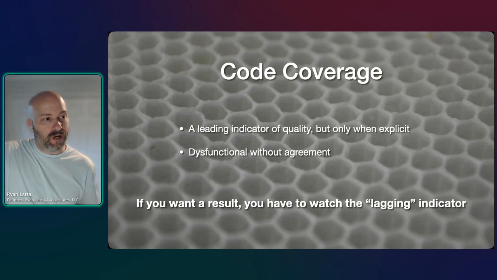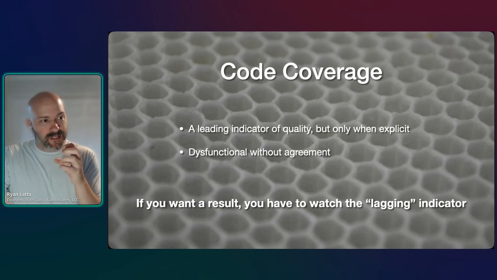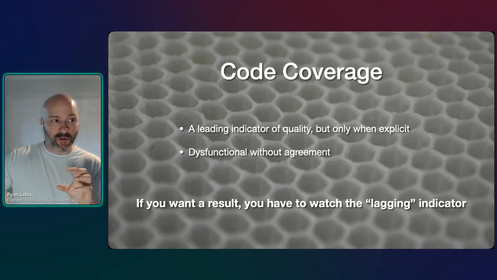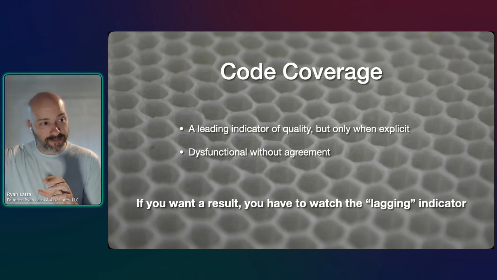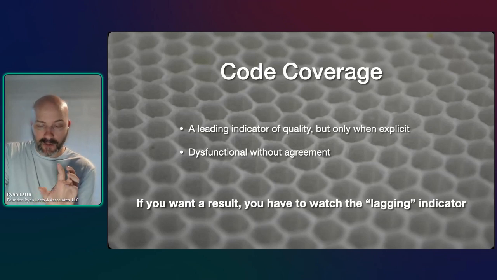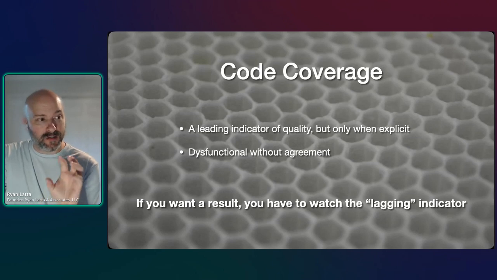What happens with code coverage over and over and over again is that code coverage is treated as a sort of self-contained thing. It is presented by leaders and groups as saying, we're going to use code coverage, we're going to hit 80 to 85%. The goal is of itself. There is no lagging result. It's not discussed, it's not tracked, it's not measured, it's not seen. We chopped off quality. So the entire point when code coverage gets used most of the time is to make the 80 and 85% target. That's the point.